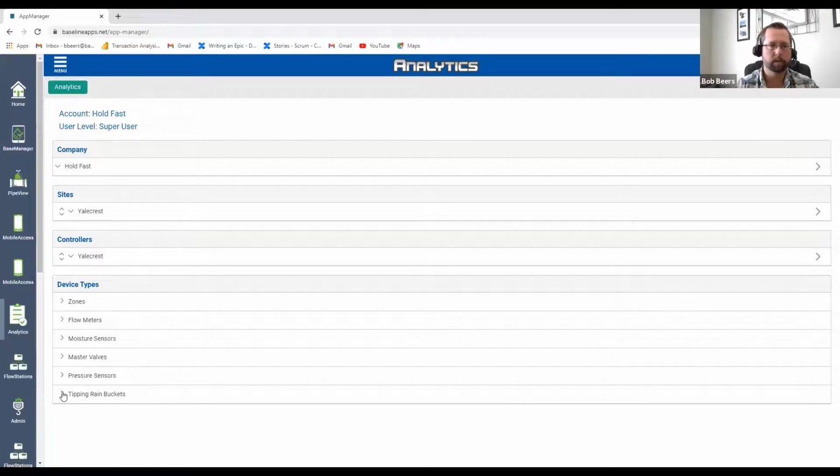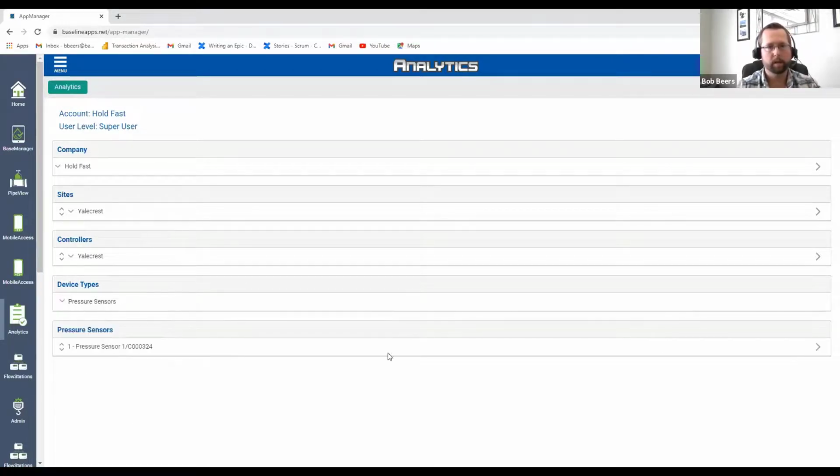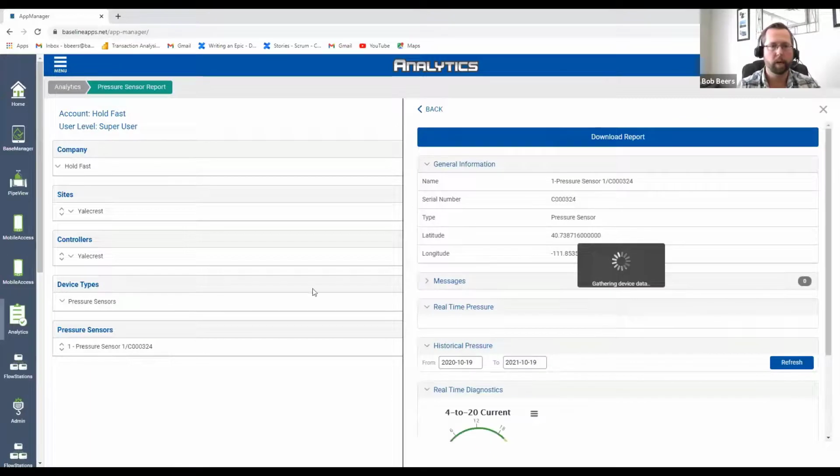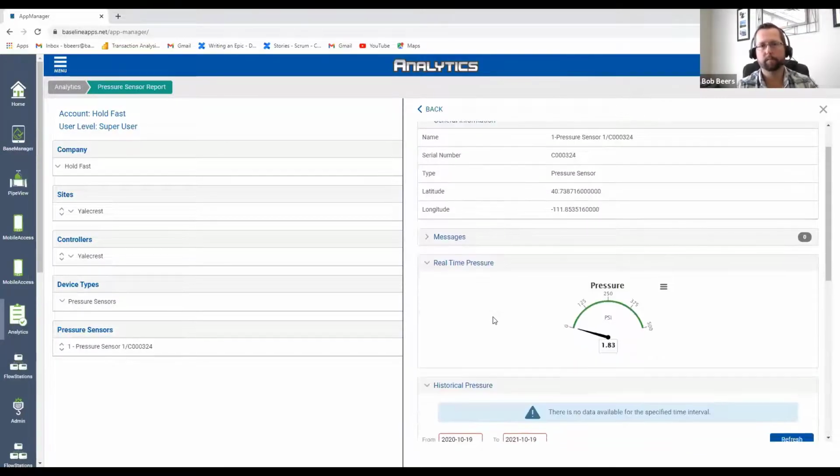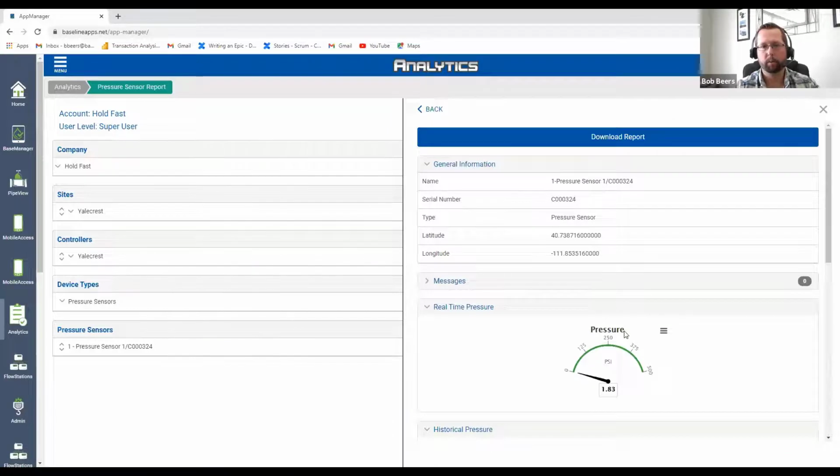So if you, for some reason, didn't have a Precip sensor using tipping rain bucket technology or pressure sensor, you would not see those device options. And then as you bring them on and the controller sees it, so search and assign, then you'd be able to see those things. And so same thing here with pressure, being able to see that real-time pressure information, download